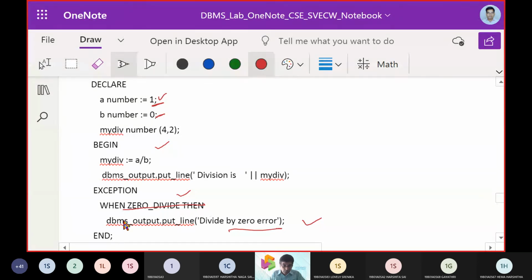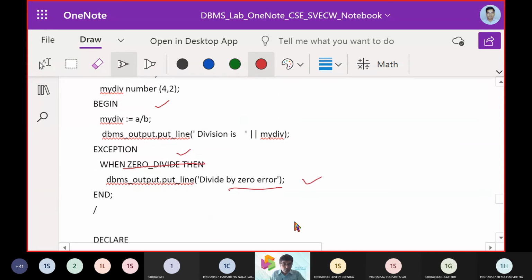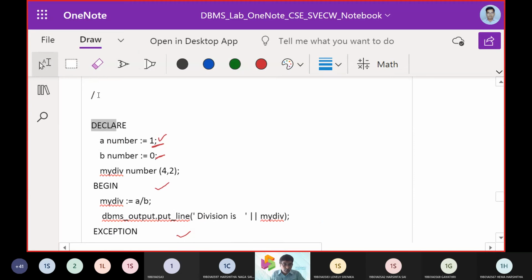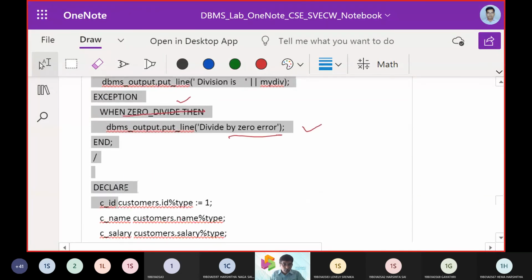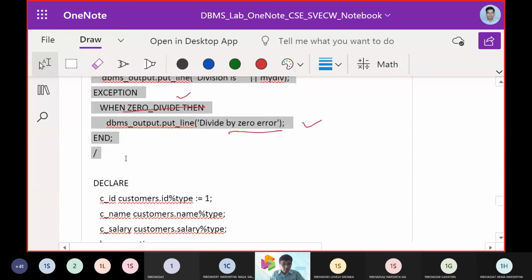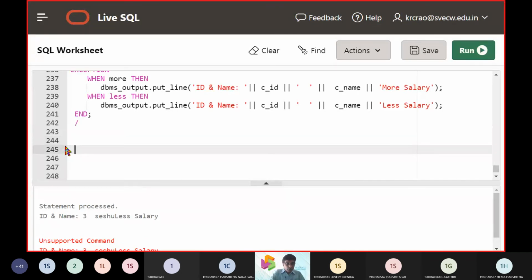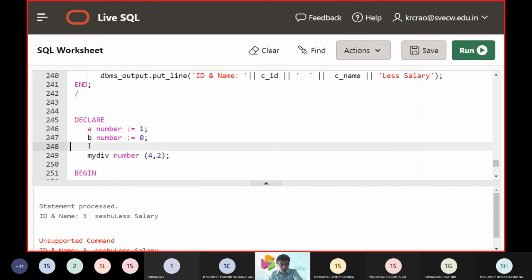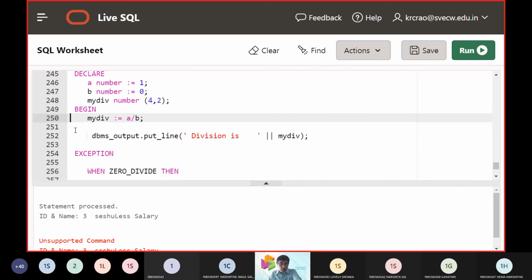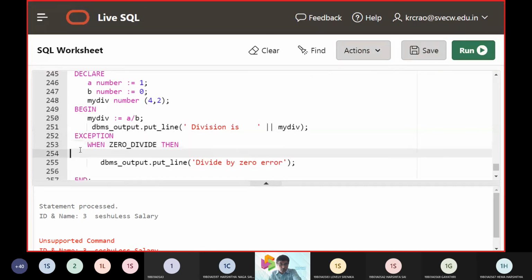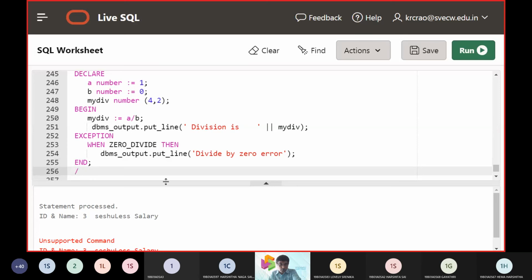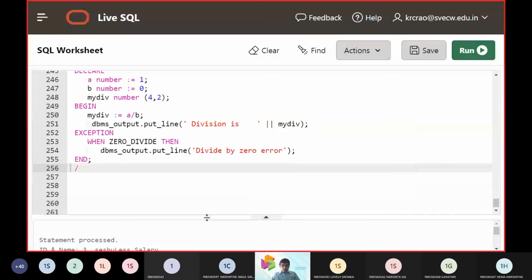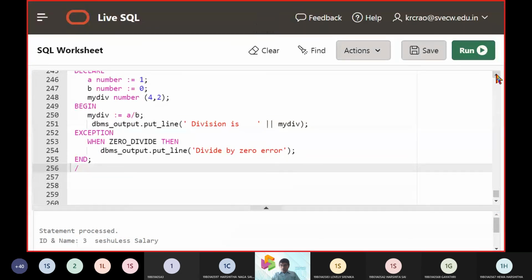Then it puts a condition and displays the divide by 0 error. We will paste it from line number 245. So this is a simple program demonstrating exception handling.